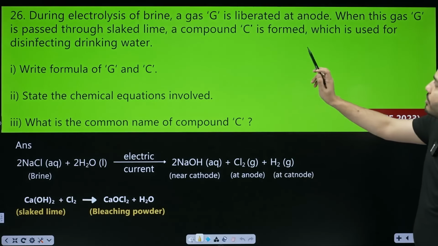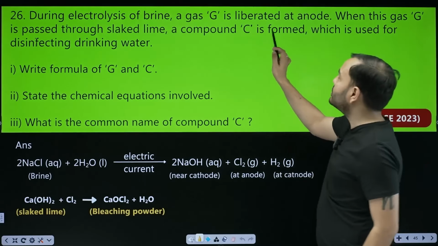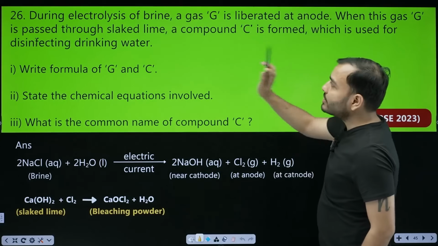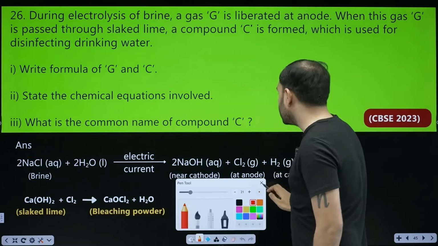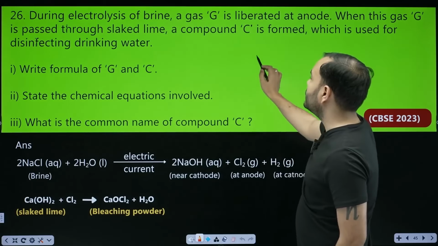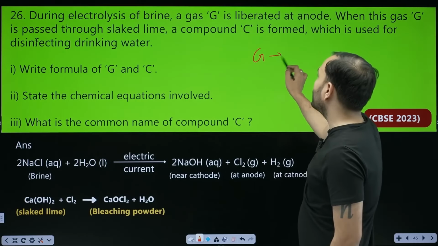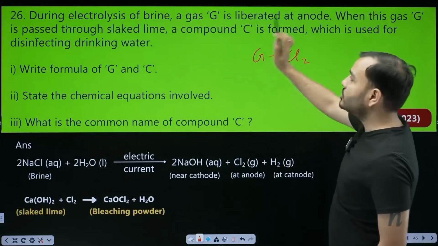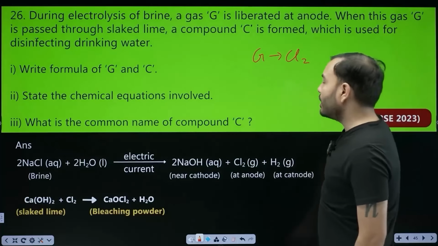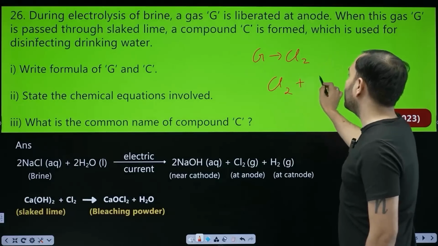What are they asking? During electrolysis of brine, a gas G is liberated at anode. When this gas G is passed through slaked lime, a compound C is formed. So it's saying that the gas is liberated at the anode through electrolysis of brine. Which gas is liberated at the anode? Chlorine. Then when this gas G is passed through slaked lime, if we pass chlorine through slaked lime, then